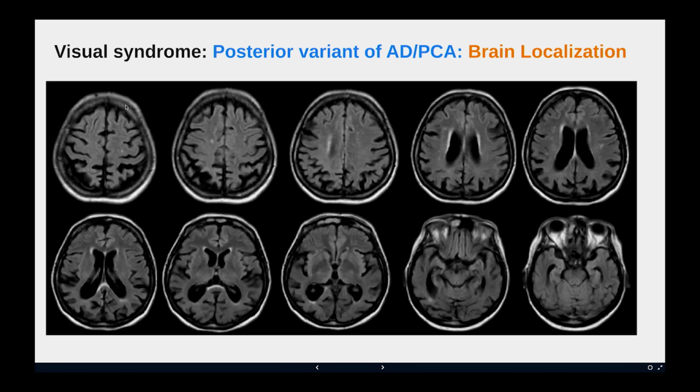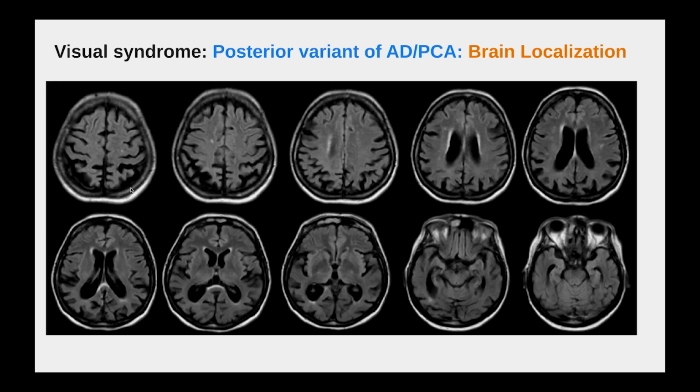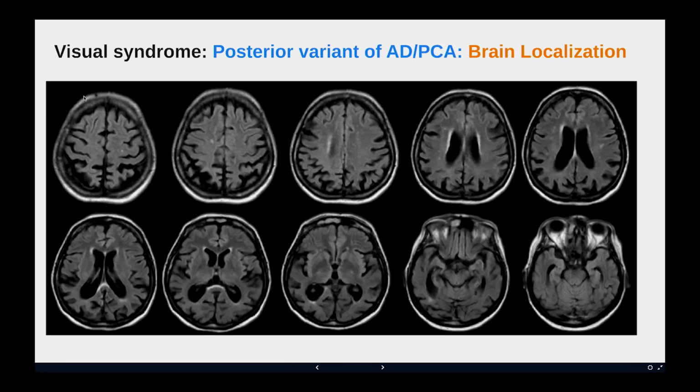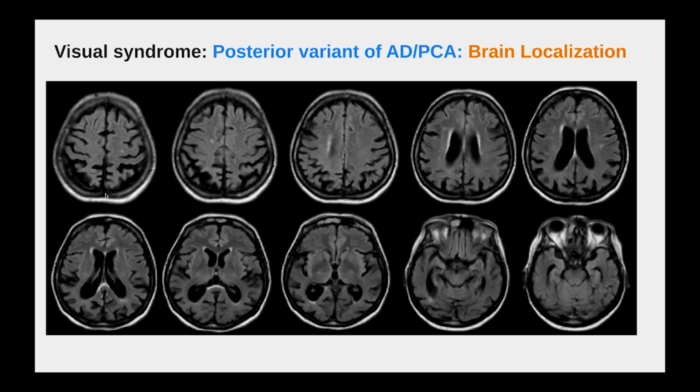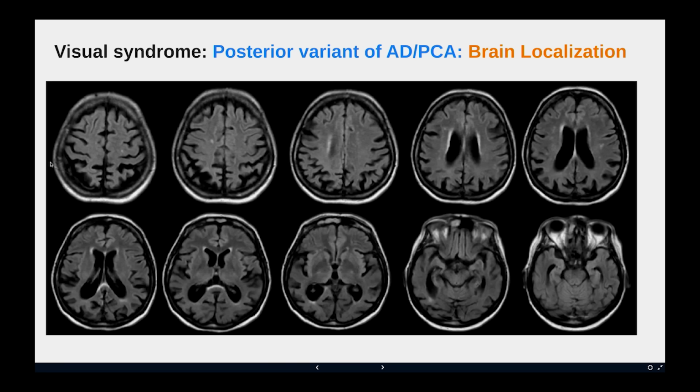So let me orient you a little bit. This is an MRI of a person with this type of Alzheimer's disease. And this is the front of the head, and this is the back. Imagine that they are lying down on the scanner table, and you are looking through their feet, not through the top of the head, but through their feet. So this is the right side, this is the left side, this is the front, and this is the back. And we are starting at the very top of the brain, the very top of the head.